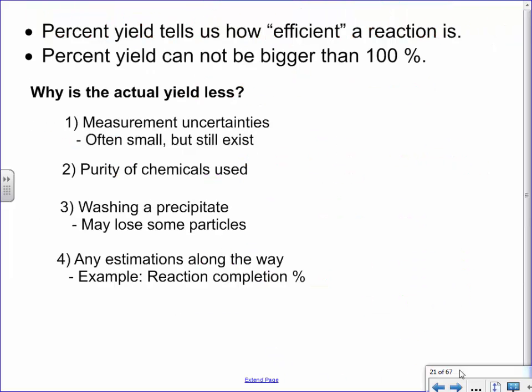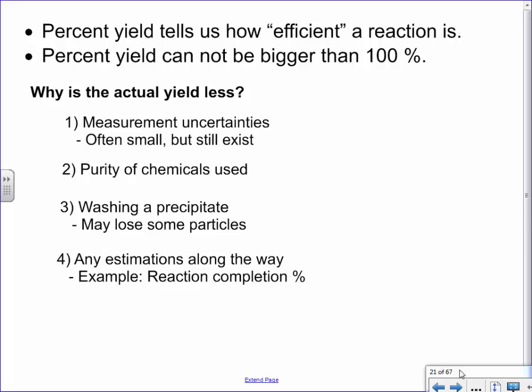The question you'd have then is, well, why is it not 100%? And in a way, we're talking about efficiency. For some reason, during that chemical reaction, something became less efficient. And then there's many reasons why. Here's 4 main ones. The first one is that when you're measuring, you guys know this in our labs, I